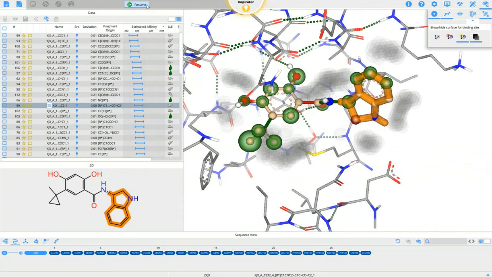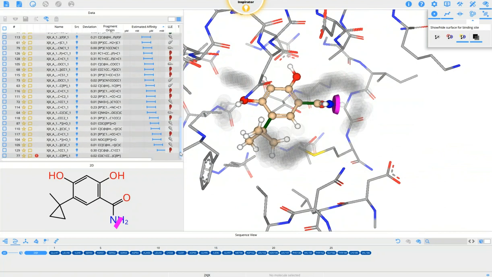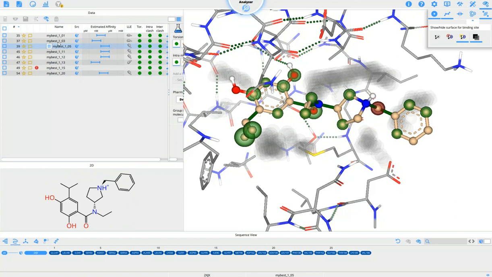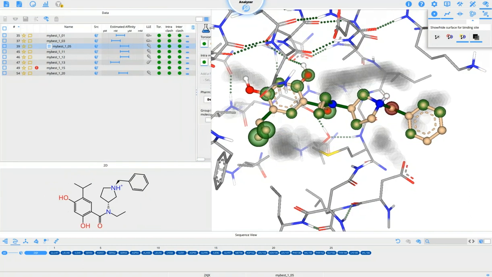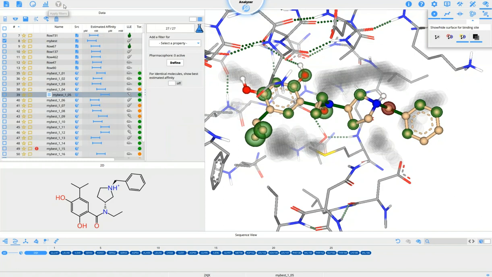Another use case of the inspirator would be the recore functionality, meaning I replace a core in the middle of a big molecule. There's of course not the best example for this here. So I go back to my analyzer mode where I have the molecules that I brought in. They're filtered out at the moment, so I have to remove my filters again and apply that again so they're